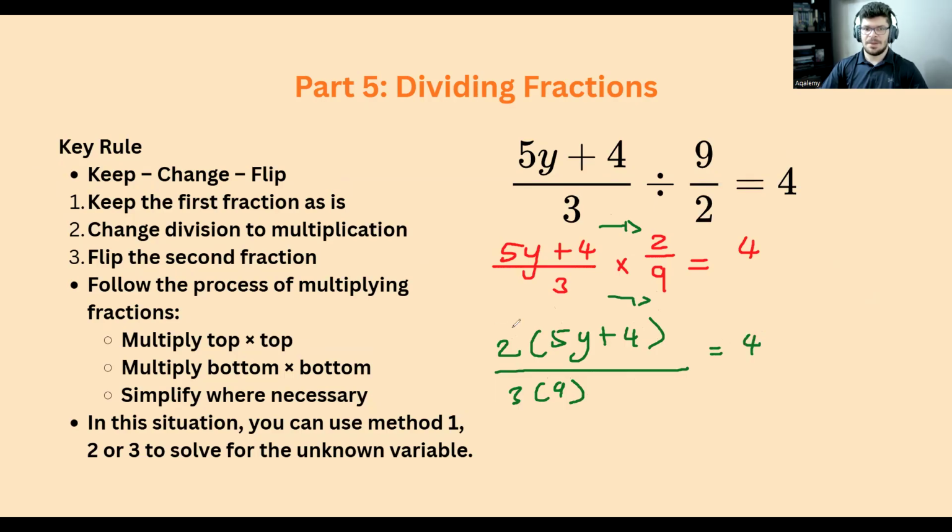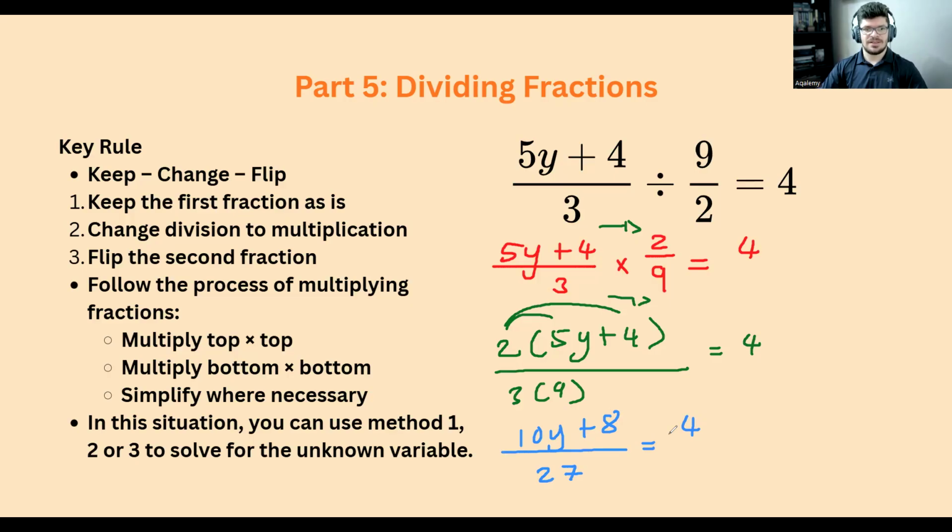Okay, let's open up the brackets accordingly, like that. Change the color for reference. 10y plus 8 over 9, 18, 27 equals 4. Now, in this situation, we can use two methods. Actually, we can use three: method 1, 2, or 3. I'm going to use method 3 by